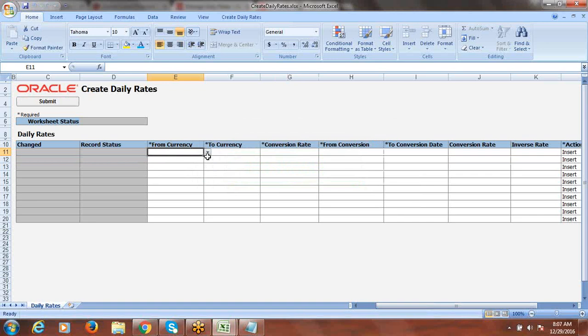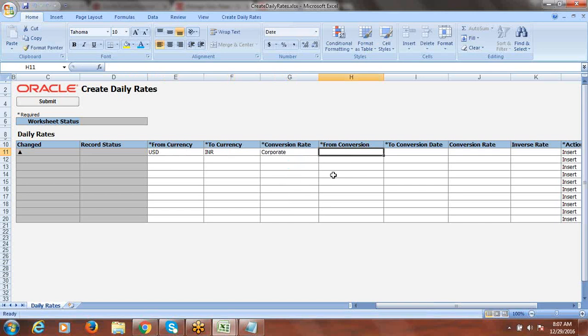So from currency you can set, see, if you set a rate conversion from USD to INR, automatically the system will create the conversion between INR to USD also. So I'm going to set USD to INR. Directly you can write the currency name and conversion rate type. So I'm going to select Corporate,